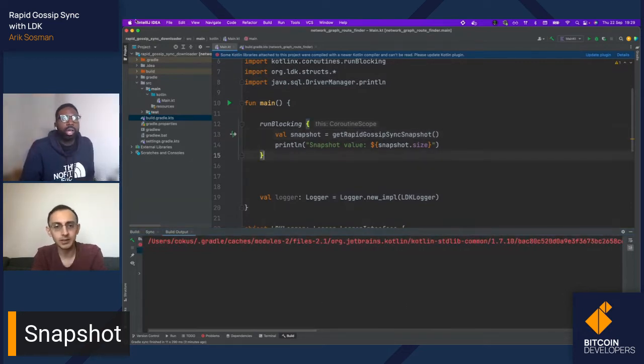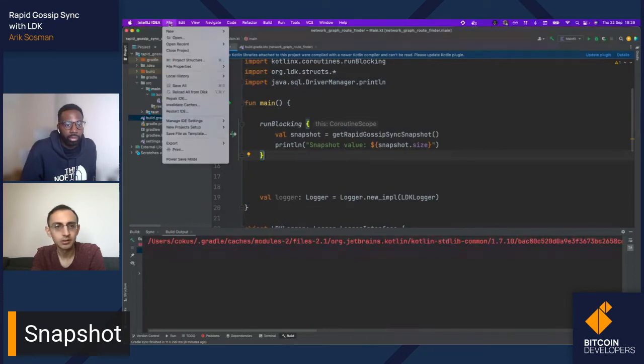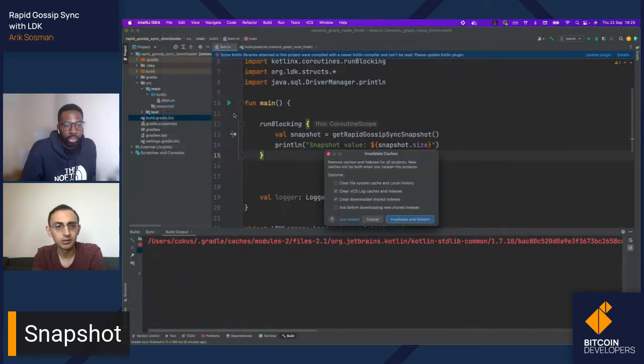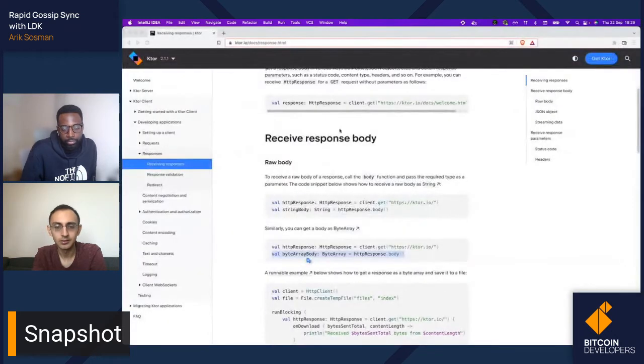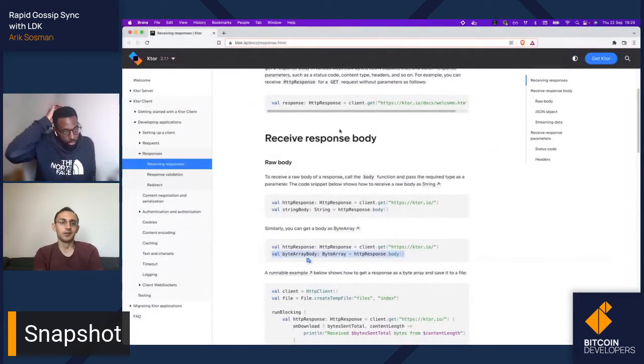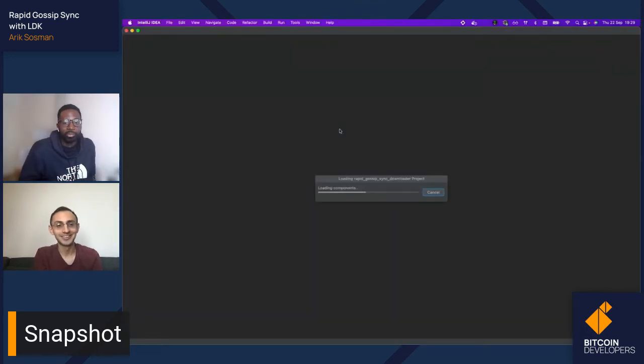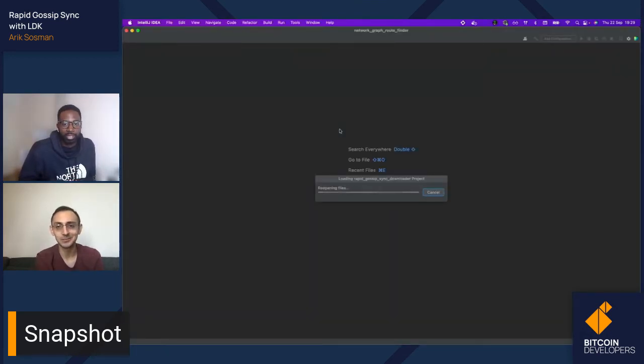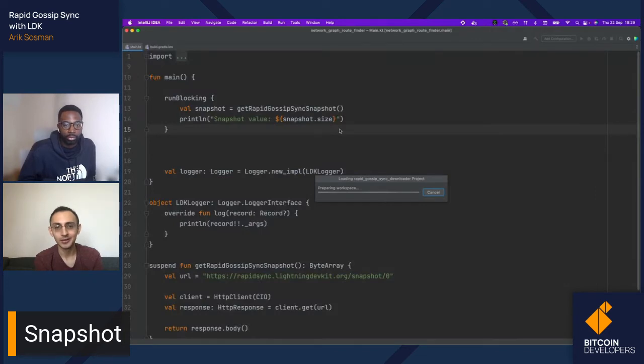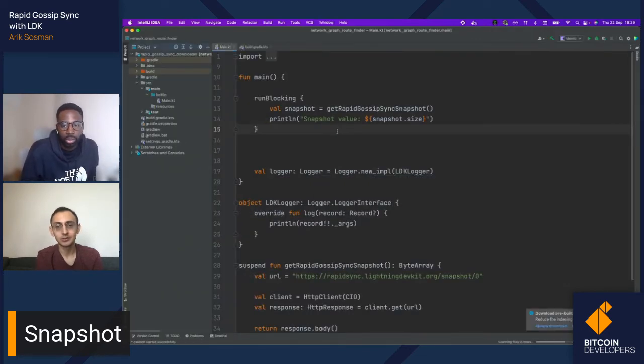I'll try one thing that usually helps. If I just invalidate the caches quickly and see if that works. All right. The joys of live coding. Yeah, man, I'm sorry. I hope it wasn't the debugging that broke it. I don't think so. Let's just be a bit patient here and see what happens.